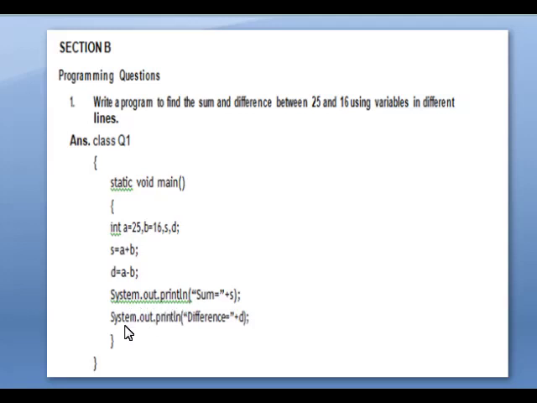Next, system.out.println of "difference equal to" plus d. d means the difference. So if you want to display the output on the screen, you have to use the operator plus with the variable that we have assigned already. So students, this is the program to find the sum and the difference between the given two values.